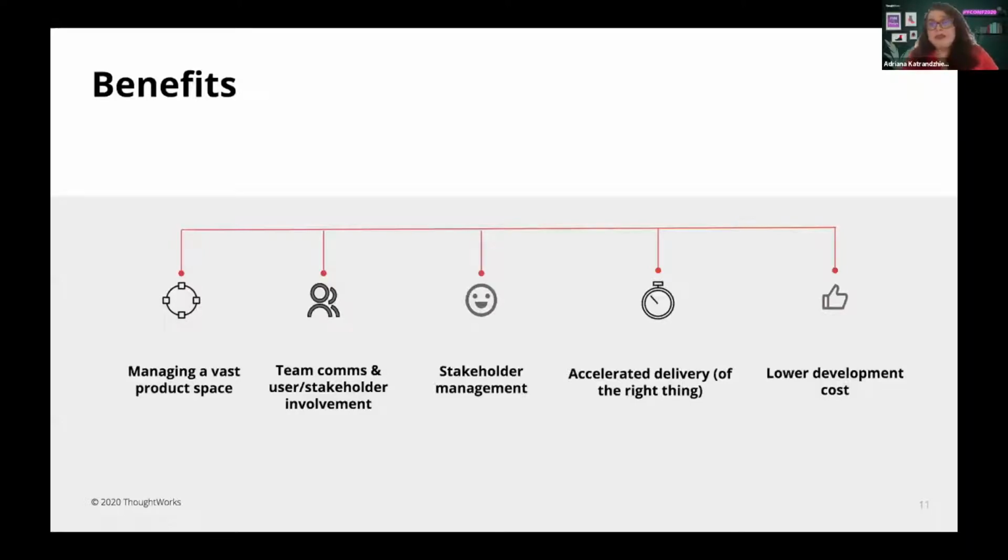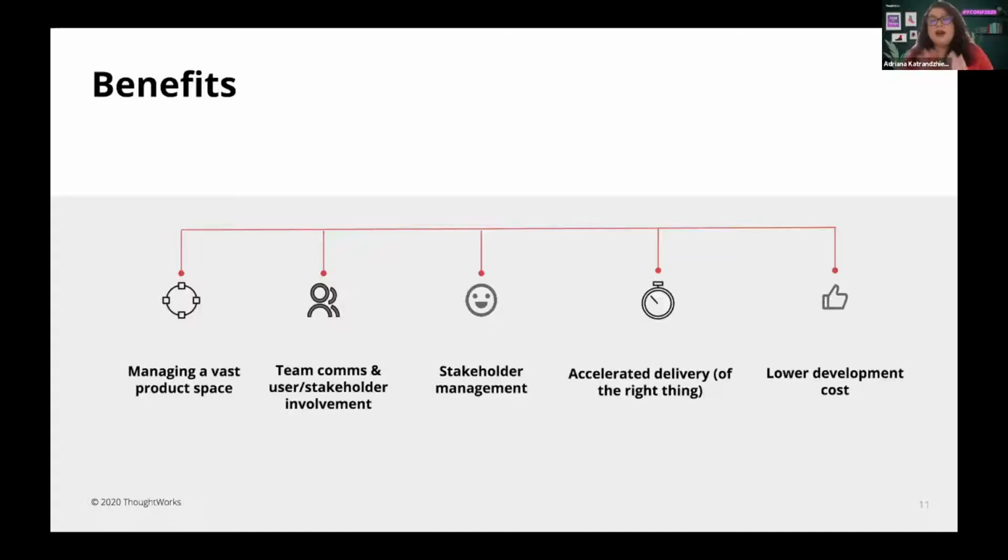Another thing that I've seen this model helped with on both teams was team comms and stakeholder and user involvement. As you know, best practice is to have cross-functional teams, but even when you do, there is this notion that people should get involved in different parts, say analysis and user research, but day to day, it's really hard to maintain that. People tend to fall into their role routines, is what I call it. Developers may focus more on the building side, similar with QAs, but product designers may focus more on the discovery side.